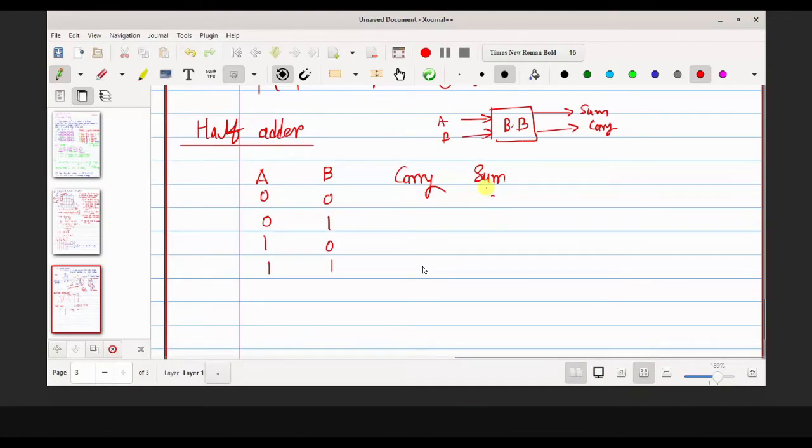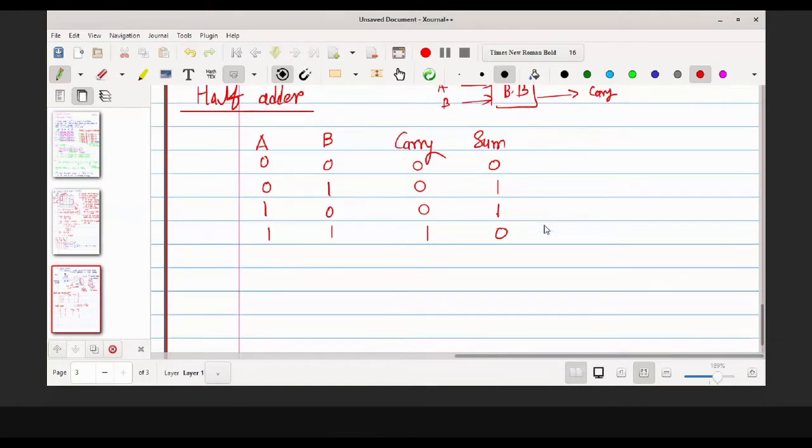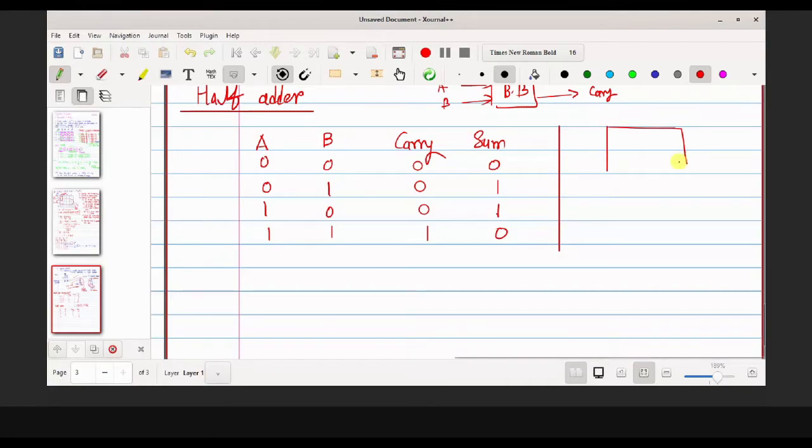Okay, so 0 plus 0, sum is 0, carry is 0. 0 plus 1, sum is 1, carry is 0. 1 plus 0, sum is 1, carry is 0. 1 plus 1, the sum is 0, carry is 1. Okay, right? So this is the truth table available with me. Now, how many variables are there? 2 variables. Okay, so what I can do now, simply I'll follow the K map, two variable K map, A, B,